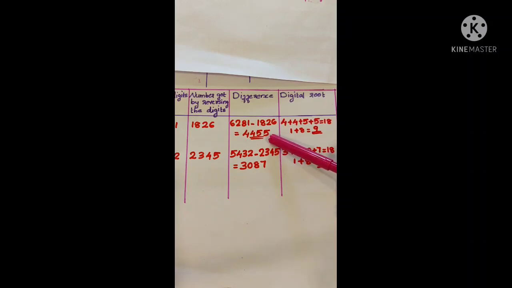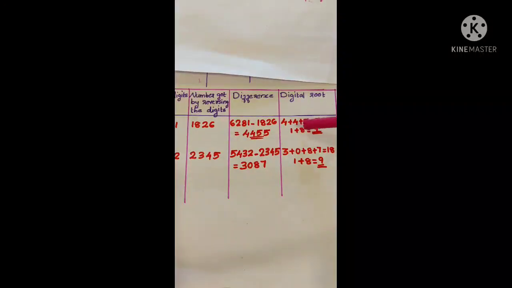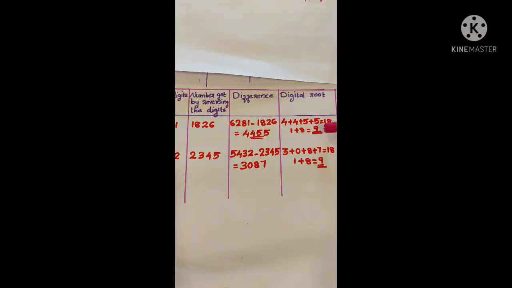How will you calculate? Yes, first we add the digits of this number. That is 4 plus 4 plus 5 plus 5. By adding, we get the sum as 18. Again, we take the sum of these digits. That is 1 plus 8 equal to 9. That is, 9 is the digital root of